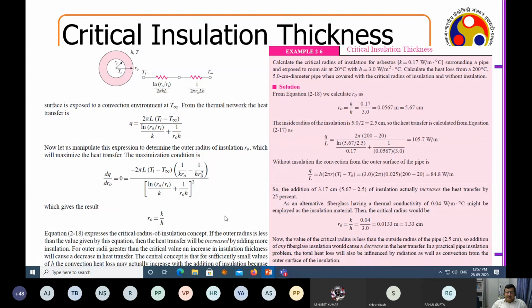So in that situation, what should I decide? Since this is less than this, I need to put more insulation. Okay, if the outer radius is less than the value given by this equation, then the heat transfer will be increased by adding more insulation. So if it is less than that and I add more insulation to that, then adding 3.5 insulation actually increases the heat transfer by 25%. As an alternative,